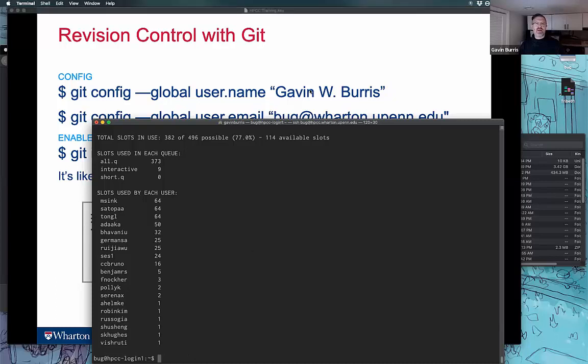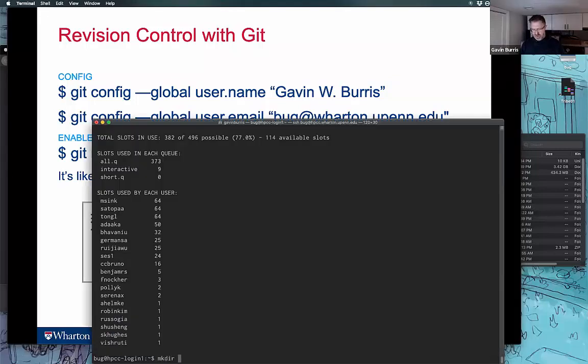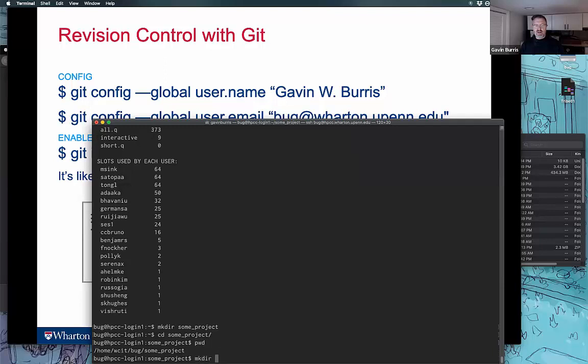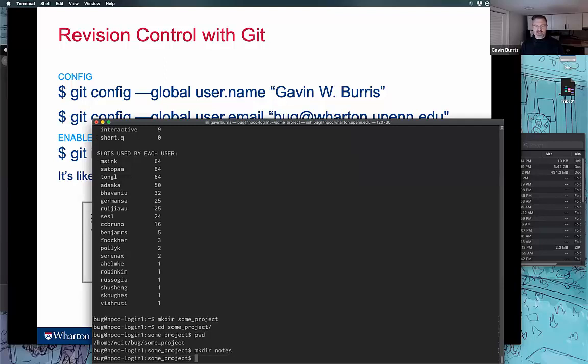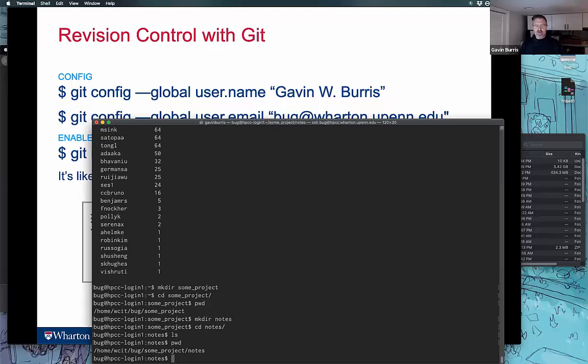So I've already done this step. Basically what you do is you tell Git your name and your email address. And then say you have a directory of code. I'm just going to make a directory for some project. And I'm in my some project directory. And in here, let's make a directory for notes. And then, in notes, I'm going to make